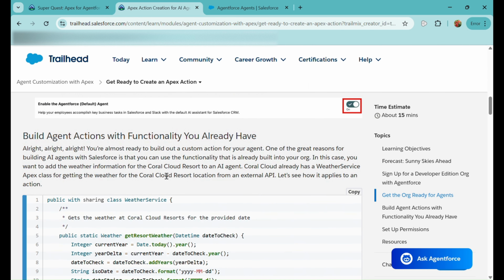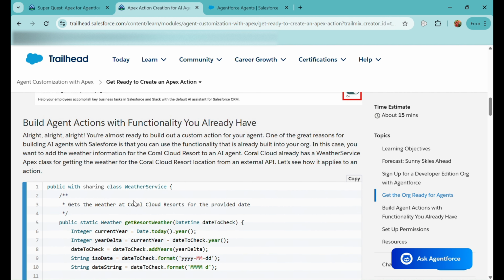After this, there is an Apex class, and this is already built. We want to add the weather information for the Coral Cloud Resort using an AI agent. So we can check that out.